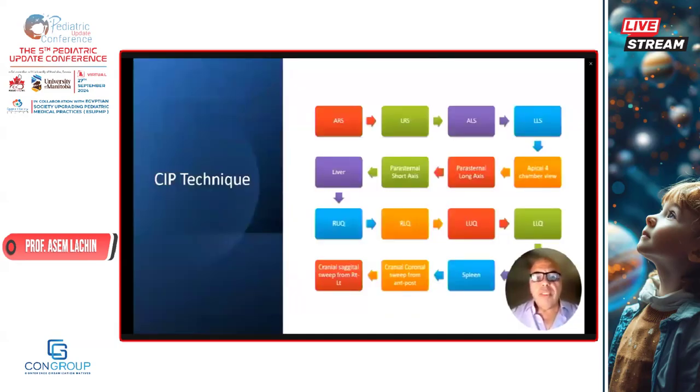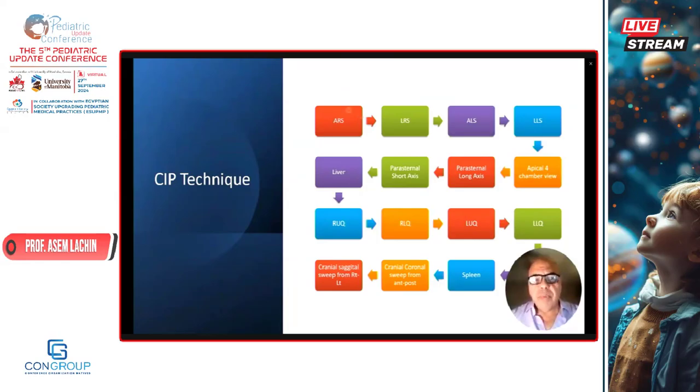We mentioned that the most common causes of crashed infant are around 16 causes from different systems. Here we also have around 16 steps or sweeps to be done within 10 minutes in our crashed infant, using ultrasound skills to figure out the reason and a physiology-based understanding of the deterioration, and of course affecting the decision for management.